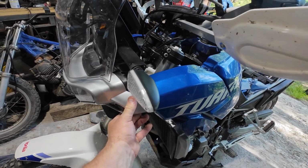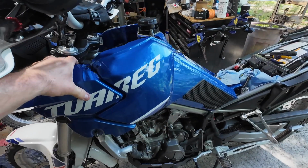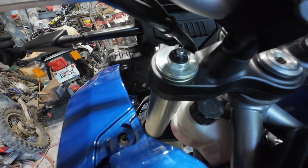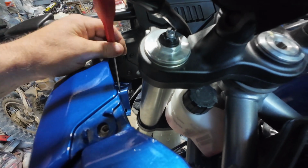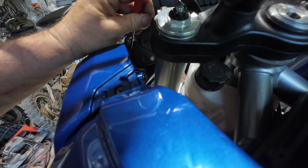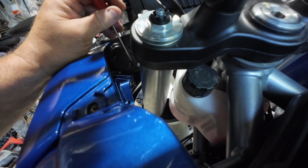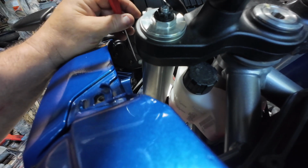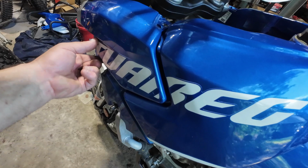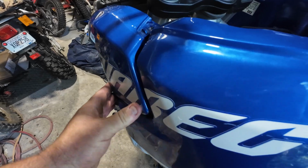All right, it looks like this panel is not part of the tank, so somehow it should come off. So far I see this clip here, if you can see that. I think maybe there's a bolt right here. Maybe both these bolts. I don't think there's anything else, because this back end seems pretty loose. So I think whatever is holding it on,